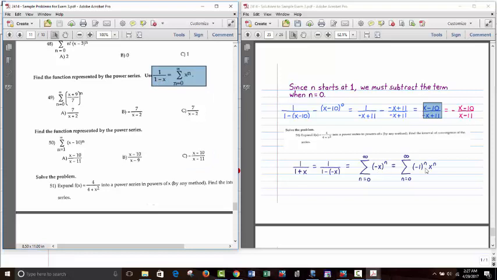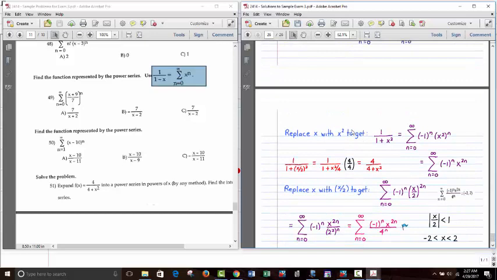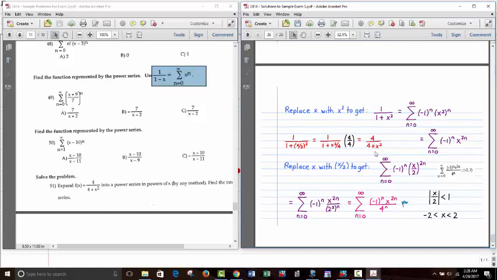So I have negative x to the n, which you can break down. So now it's just a negative series here. It's negative 1 x to the 1. Now I replace x with x squared right here. So I replace it on the left side and I replace it on the right side. And then I come up with this thing right here, negative 1 to the n x to the 2n. So then I replace, in that expression, this is a little tricky here to see. I probably won't have anything this challenging on a test, but